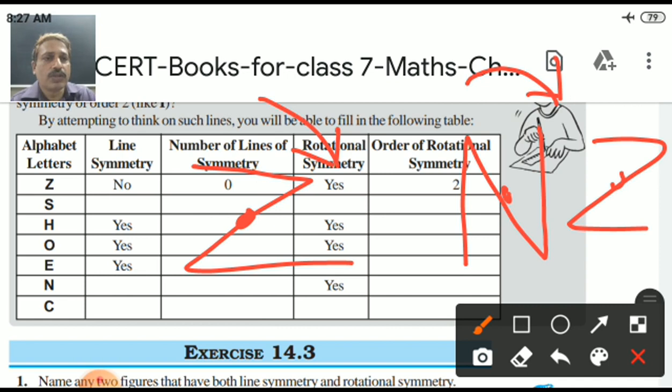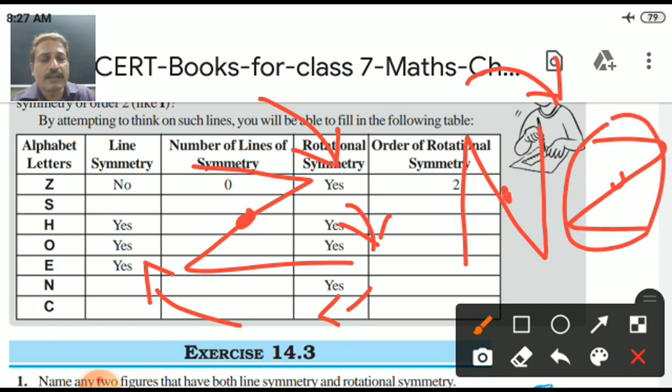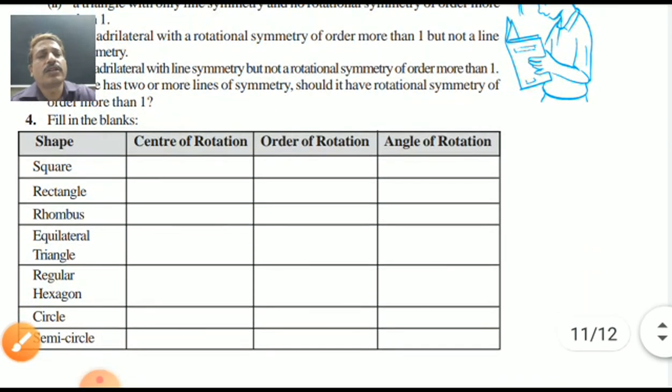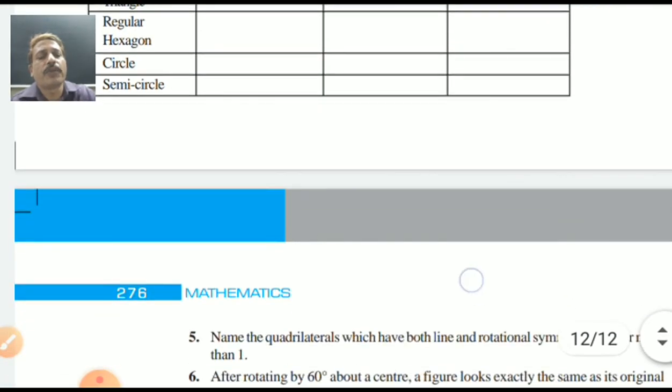Now the third time I will do this and it will come like that, and then again. So whenever I turn the whole figure 1, 2, 3 and 4, 4 times I rotate it by 90 degrees. So I will get Z 2 times, 1 time here and 1 time at 360 degrees. 1 time at 180 degrees and the second time at 360 degrees. I will get the same pictures. So 2 symmetry are there. Order of the symmetry. 14.3 has the questions related to these topics.